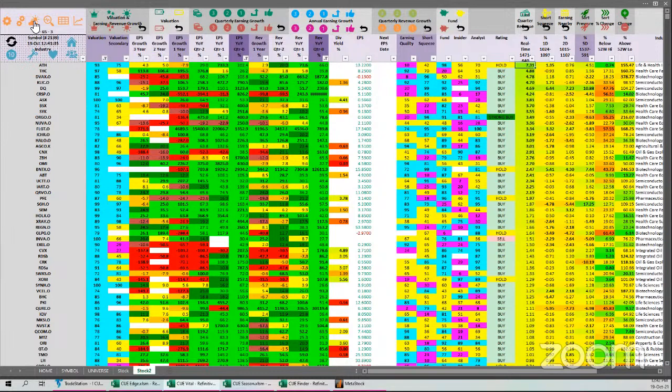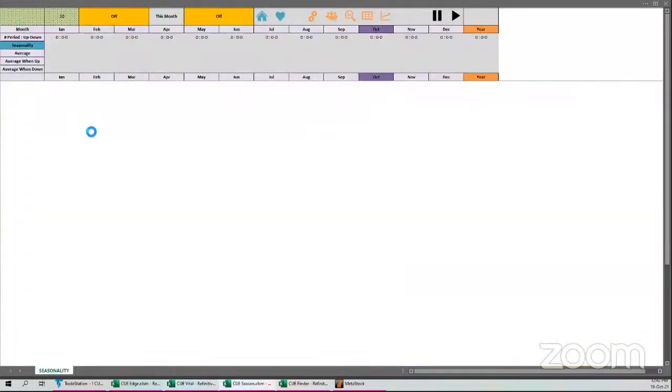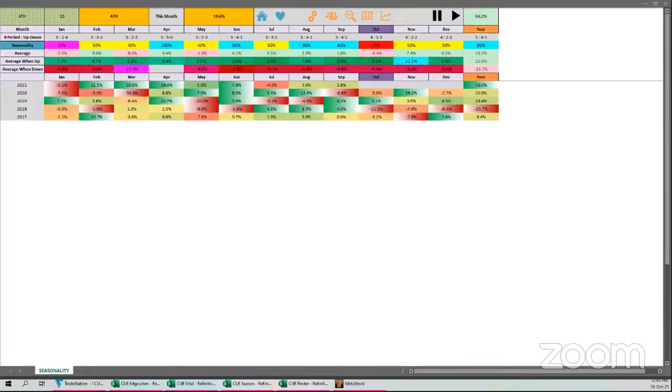Look up seasonality. That will integrate with seasonality to check the stock seasonality. Seasonality is not good. However, it doesn't have enough data anyway, only 4 years of data. So we are not going to use seasonality for that. Let's clear it, go back to